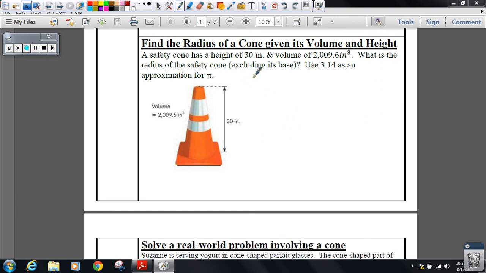So if I look here, again our formula is volume is equal to 1/3 area of the base times its height. So I replace what I know, so I know that the volume is 2009.6 is equal to 1/3, and I'm replacing pi because the area of the base is pi radius squared. Pi is going to be 3.14 times radius squared times my height, which is 30 inches. So I need to simplify this right-hand side. So I get 2009.6 is equal to 31.4